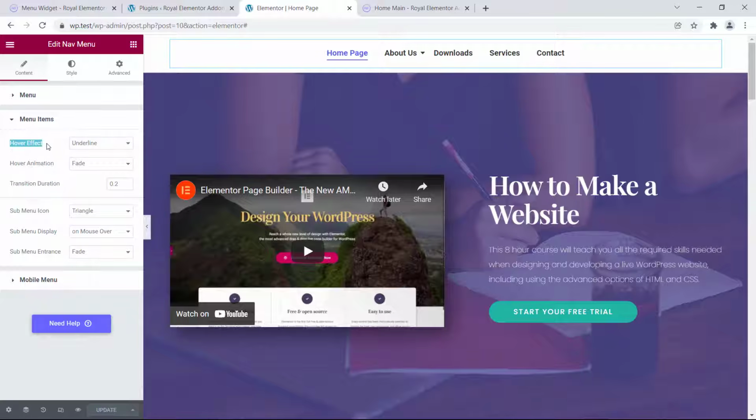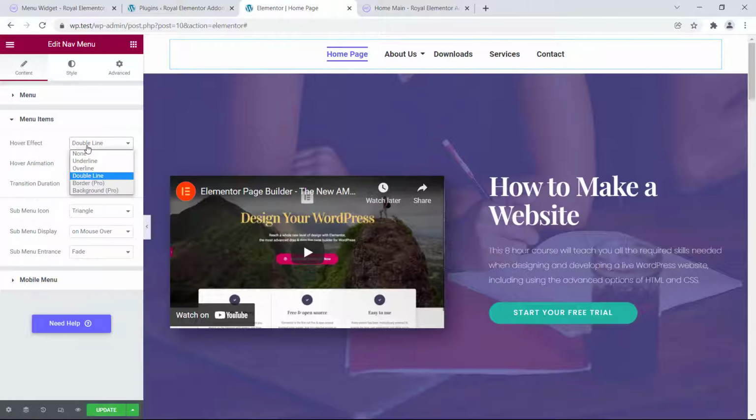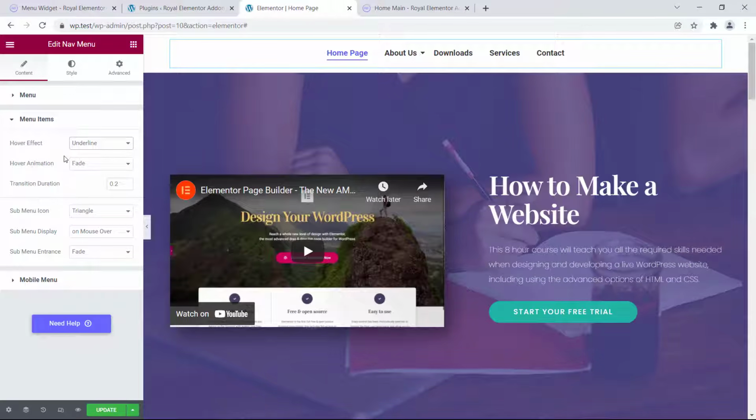needs, and hover effect is one of them. You can choose from multiple hover effects like overline and even double line. There are also border and background options that come with the Pro edition, and I will show them to you later in this video. By default, fade is menu's hover animation, and you can select none if you don't want any of them. And as you can see, hover animation also has some options that come with Pro, but more